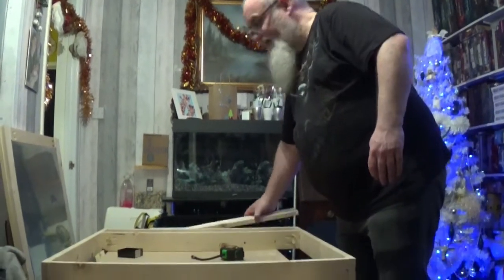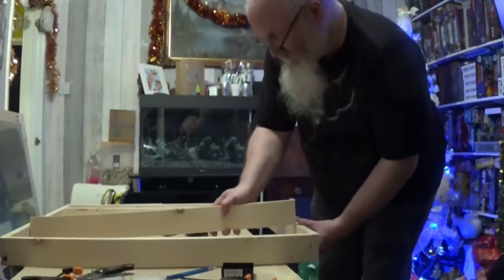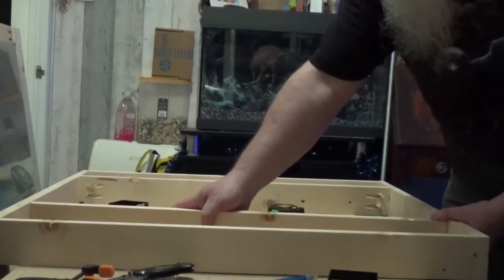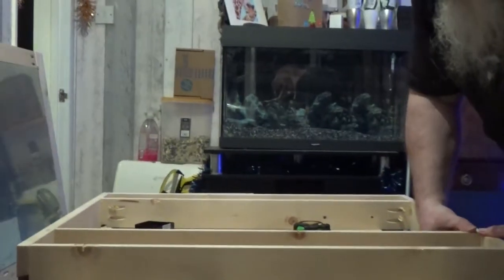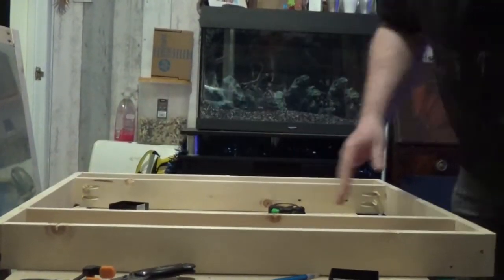So as I say, all I need to do now is just put this at 4 inches, and I'll tell you what, I've put these snug. Well done, you. So yeah, I just need to make sure that these are at 4 inches now, screw the last one in, and then it's a case of going around with the sanding block and giving it a good sand, rounding off corners, getting rid of all the rough bits, and